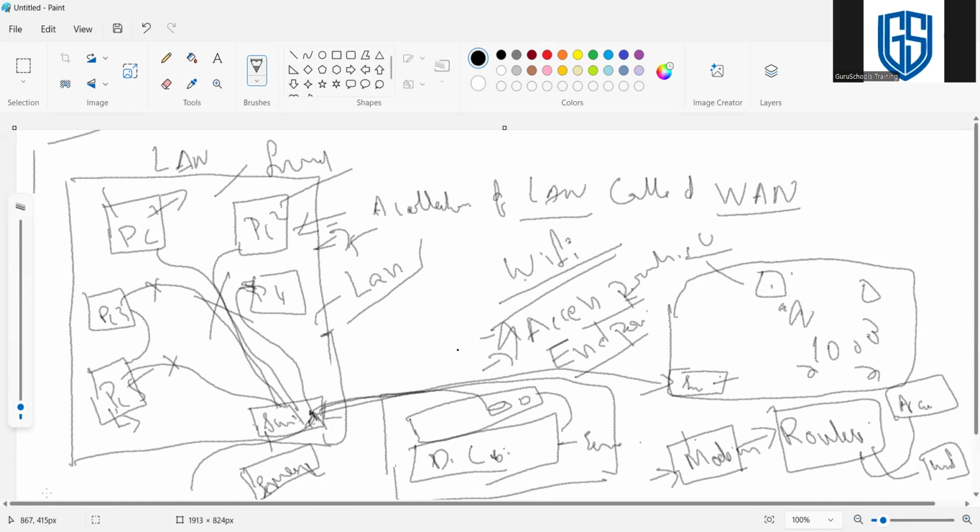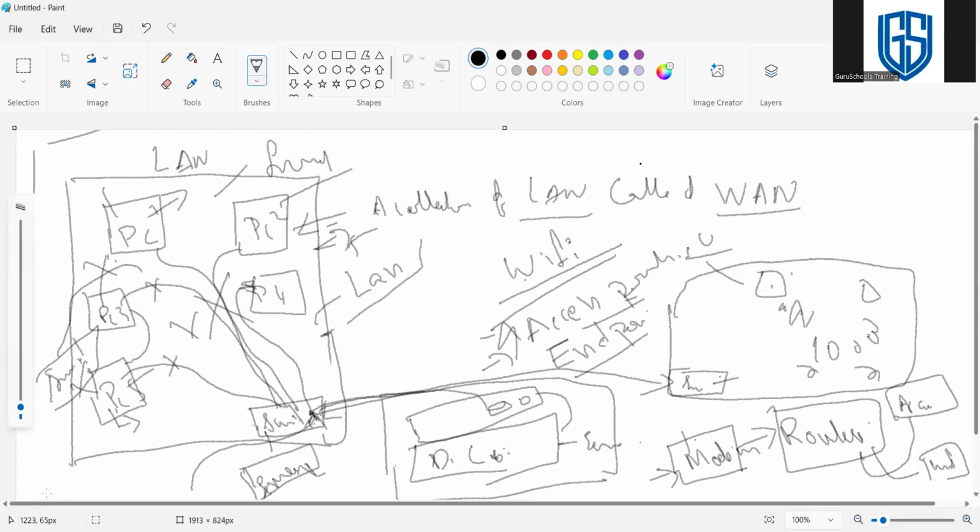I mean, in the same office scenario, we can see there are unused LAN cables. The other ends of these LAN cables are connected to the switch, right? So if they remove these things, then there is no use for the switch, because no machines are connected to it using these cables. Okay.